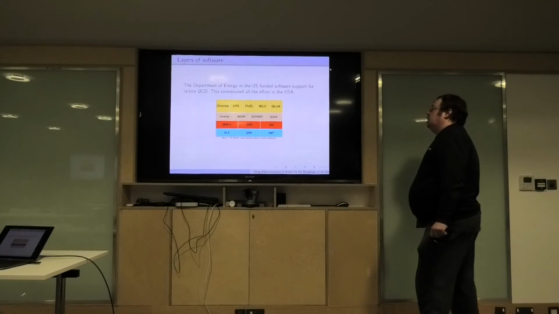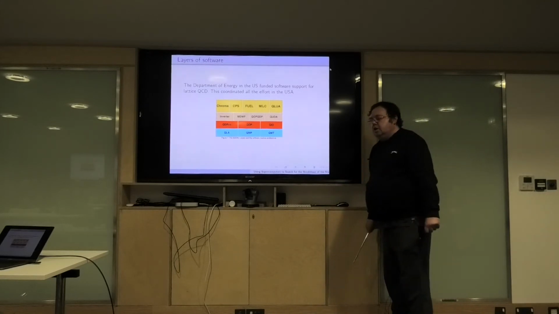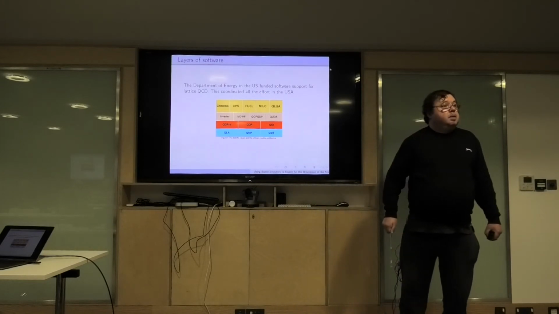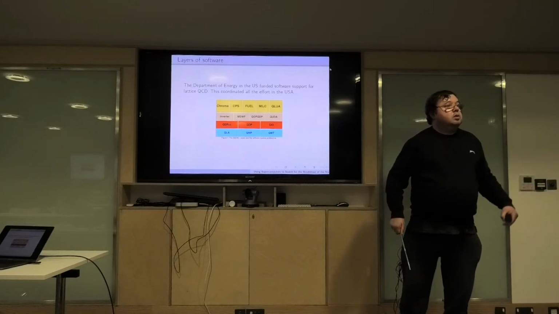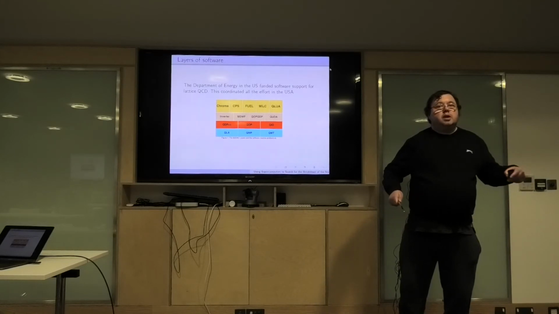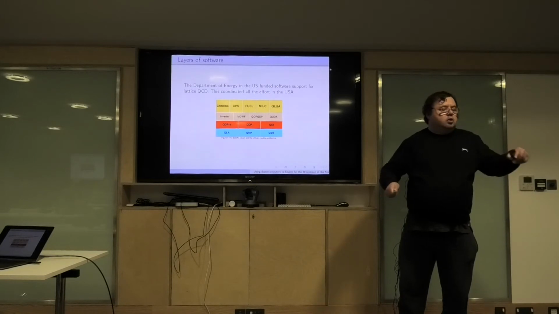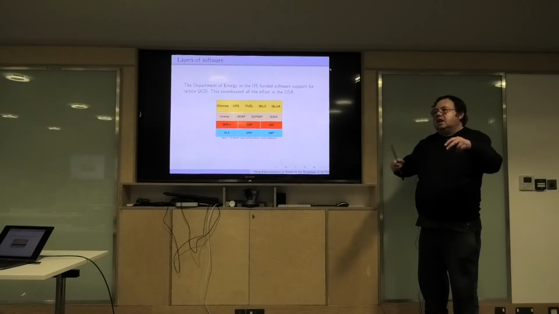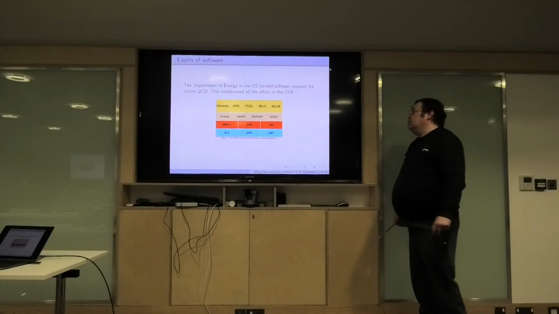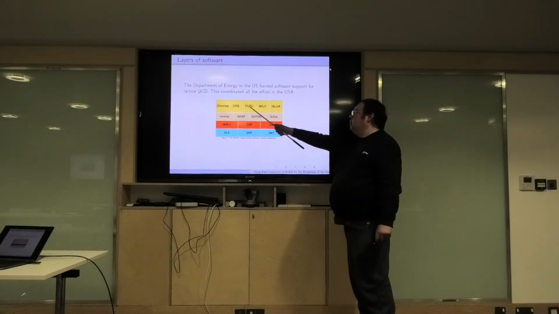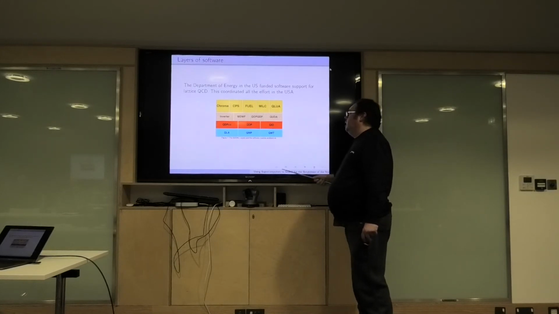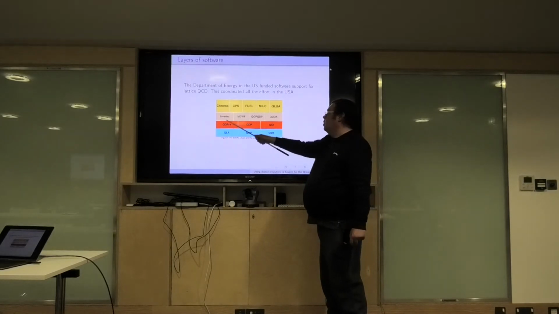In the US, the DOE said that they're building all these supercomputers. They said, well, actually, we should spend some money on the software as well, because we're spending $100 million on a supercomputer center. We want to make sure it's utilized, and also try and coordinate the different groups, because if each group has its own software specialist, it's better to share and coordinate activity. So they've written all these libraries. These are the top-level codes. These are the application codes. Below, this is a matrix inversion library.